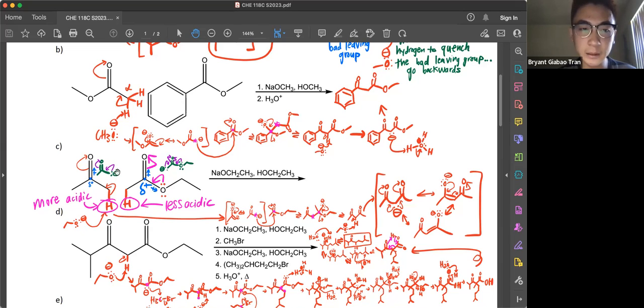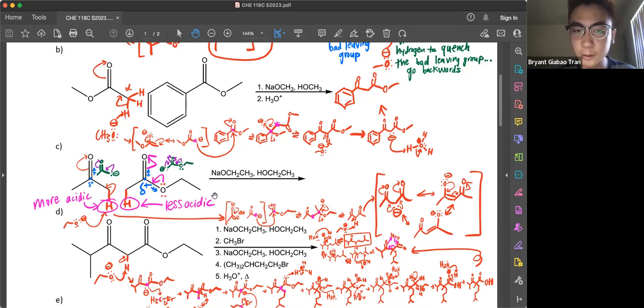we see that this carbanion here is able to do resonance with the carbonyl group, whereas the ester conjugate base can also do the resonance with the carbonyl group, but it has competition with the alkoxy group over here. Since this oxygen here has 2 lone pairs of electrons, those 2 lone pairs can do resonance and compete with the resonance of the carbanion here, decreasing the acidity of this compound. So that's why we are going to deprotonate the alpha hydrogen of the ketone, form our enolate ion here, and then we're going to attack the